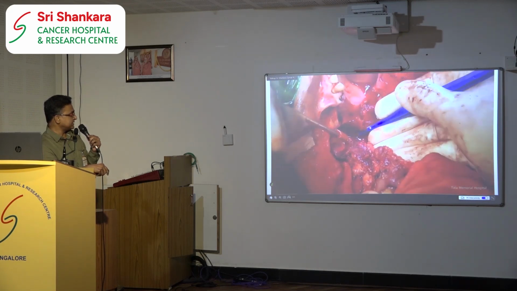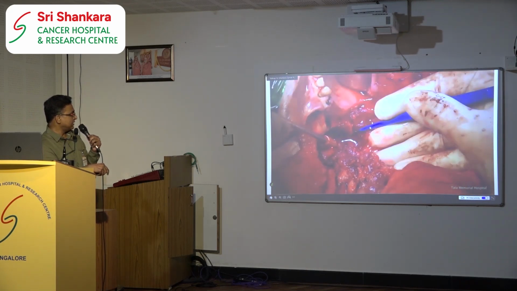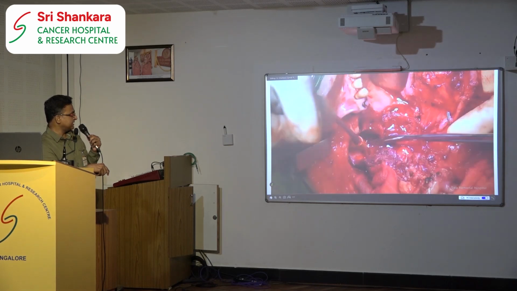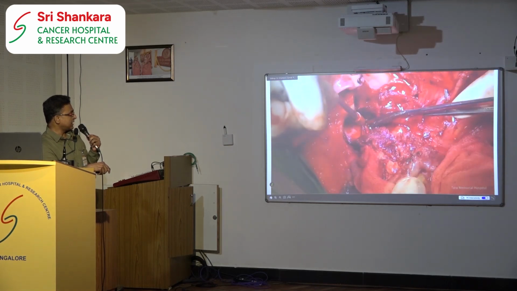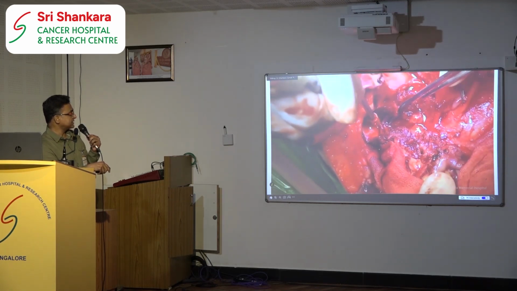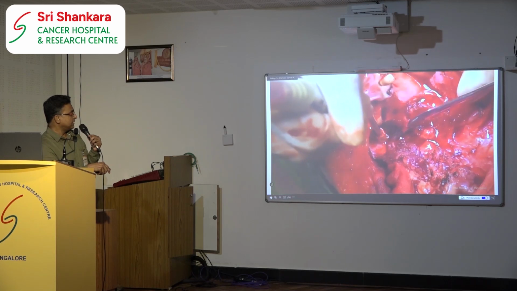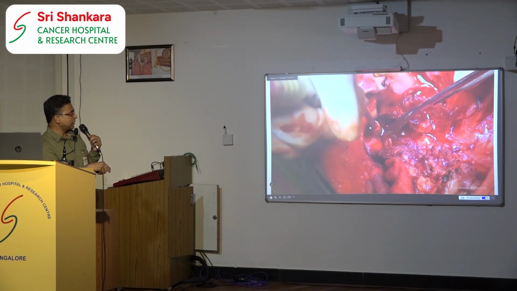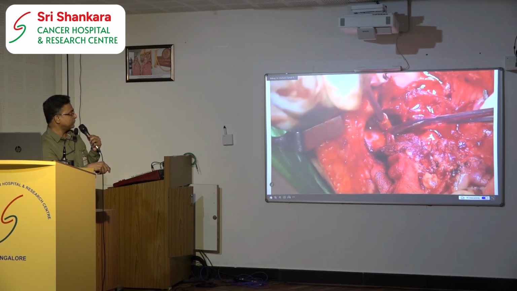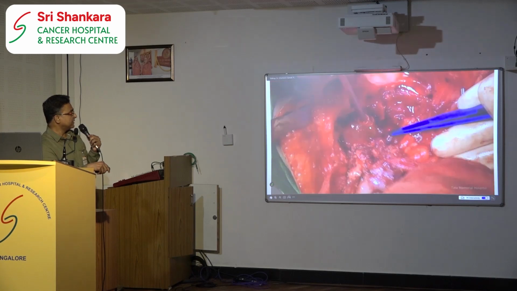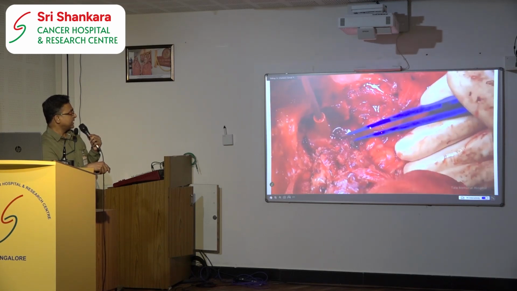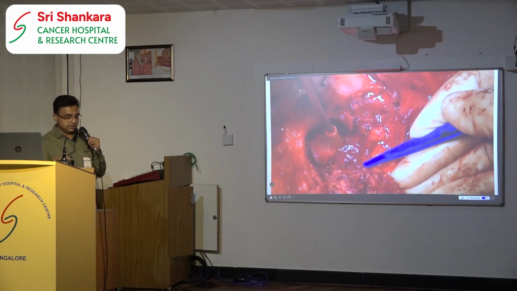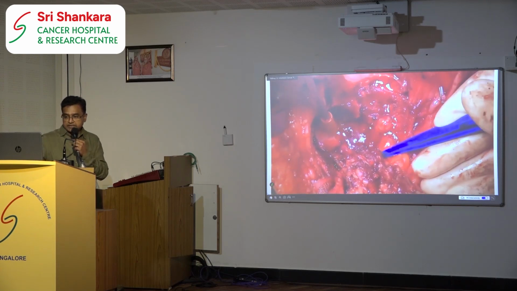And now the last thing that will be left is the mandibular nerve at the foramen ovale. You can see the foramen ovale there, and that's the mandibular nerve. I just cut it closer to the foramen ovale. You can use a knife or a cautery or whatever you wish. You cut the nerve just at its entry point there, and the entire specimen is delivered. What we need to understand is,